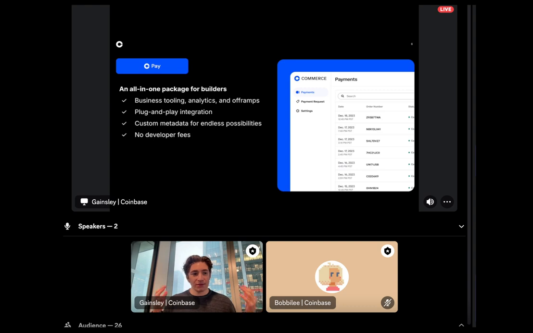And like I've been pounding on the table this whole time, crypto is a better payment rail because it's faster and because it is cheaper. And we are not charging our developers fees either. There's no fees for the developer building the on-chain app, and there's no fee for their user who's ultimately going to make that transaction. This entire package for developers for free.